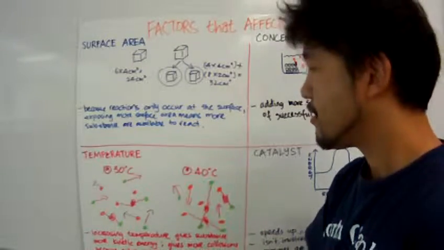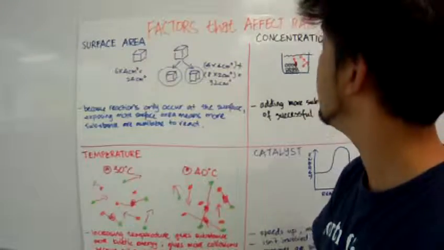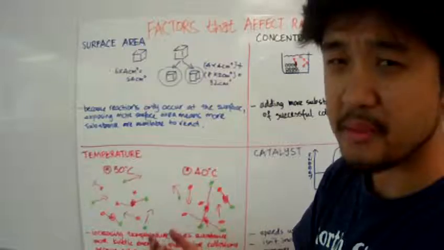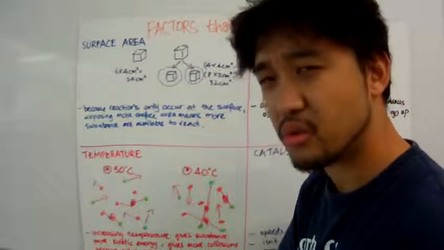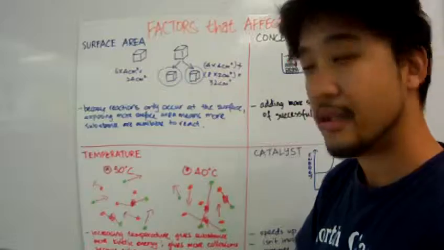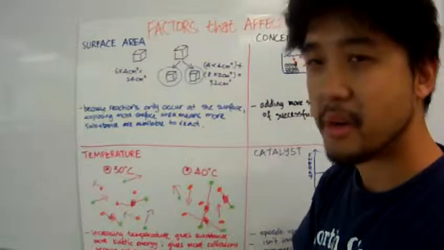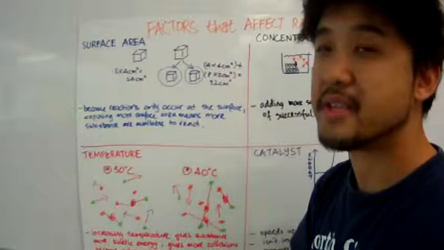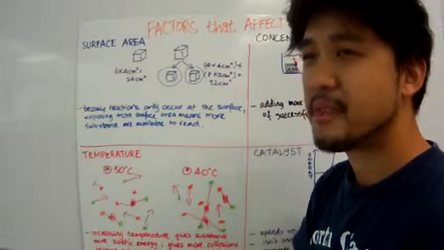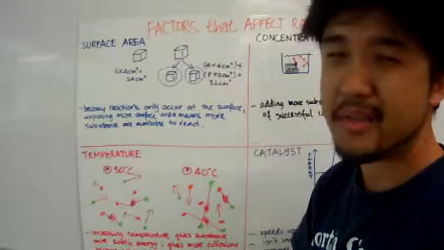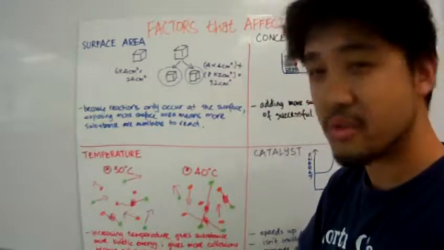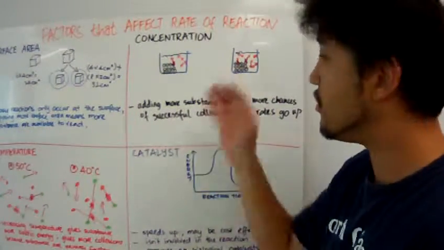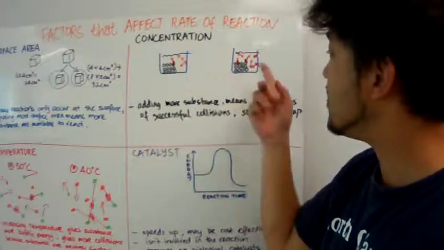money. Or you could improve the rate of reaction by increasing the temperature, but to heat something up, you require energy to create that heat source, and that requires money because you'd be burning more coal, or I don't know, burning something else, more methane, I guess, to increase the temperature. All right. Now, concentration, you can put more substances in there, but that means a lot of them are